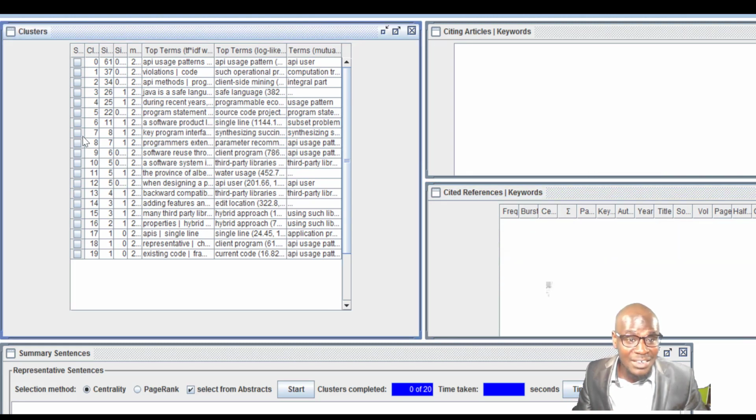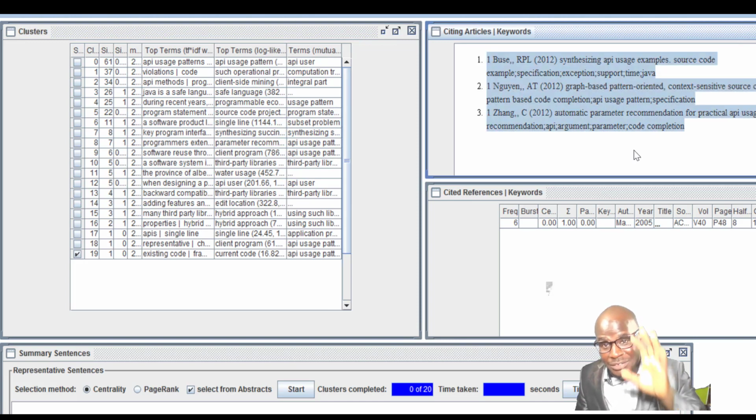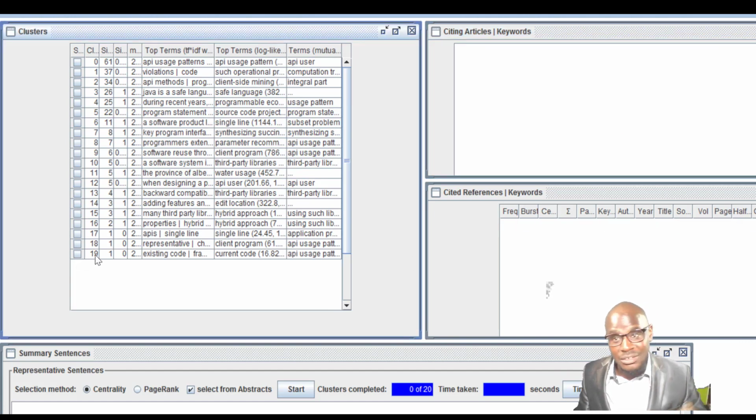Okay, let's say I am randomly interested in cluster 19, this topic, existing code, something. You will find that, oh, this is very nice, it has few papers in there. You just need to download these 3 papers, these are the key papers there, and this one also you are going to download them and get going. You start your research, the interesting part of that thing. Okay,